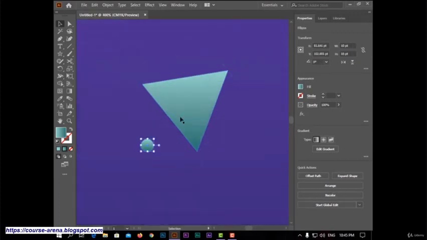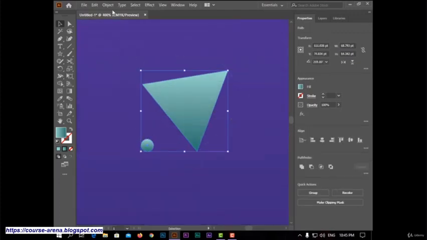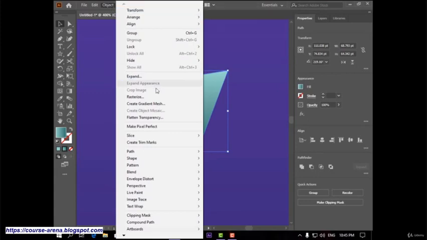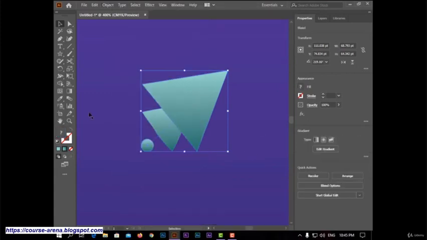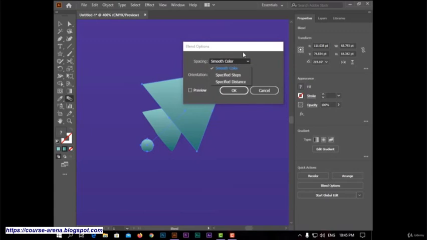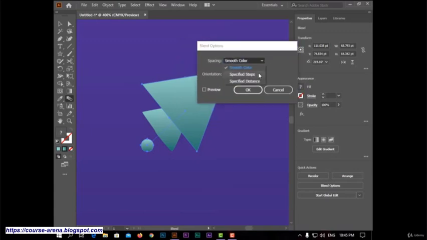And select the two shapes, from object menu, make blend, and from here choose specified steps like 30,